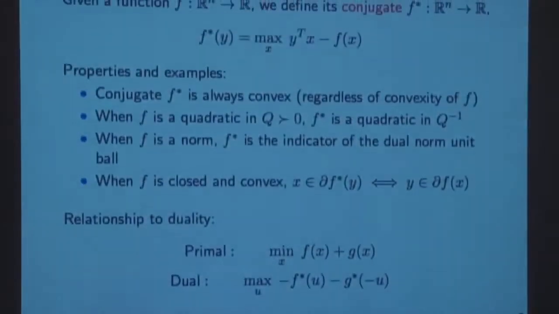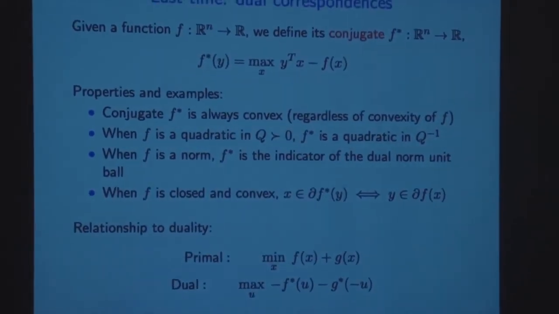Okay. So this is the start of our second order methods unit. And we're going to talk about Newton's method, like I said, and then what we would call interior point methods, and we'll spend a few lectures on those. So the last thing we left off on was, out of our duality unit, called duality correspondences and uses. And just to recap what that meant,